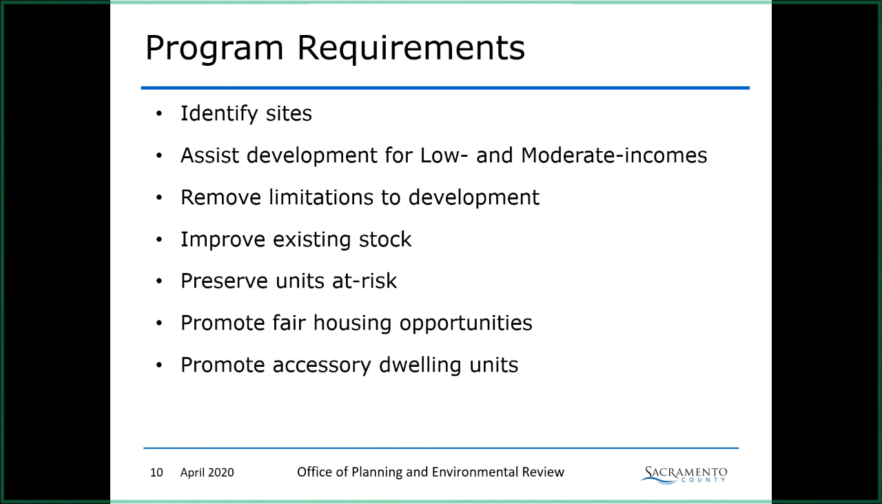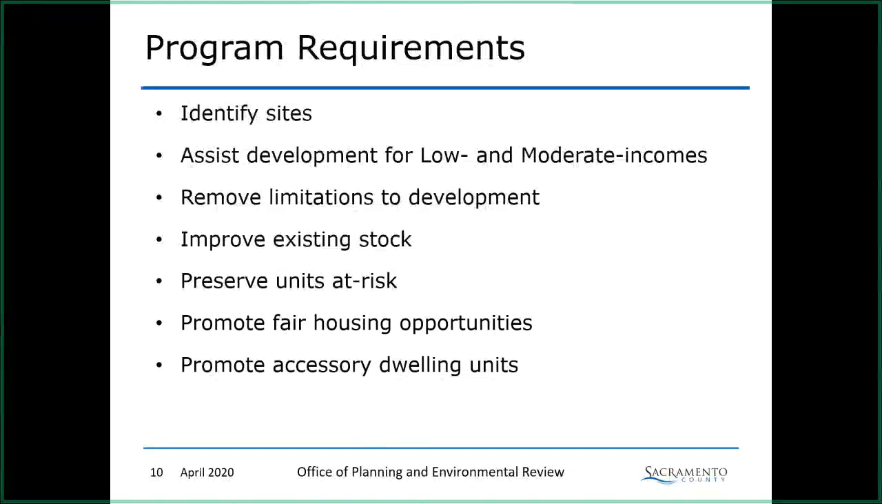State law requires that housing elements contain programs or actions which ensure that there are enough sites where housing development can occur within the county, assist with housing development which is affordable to low and moderate income households, remove limitations to housing development or make it easier for housing development to occur, such as through reducing permits or fees, conserve or improve the existing housing stock,